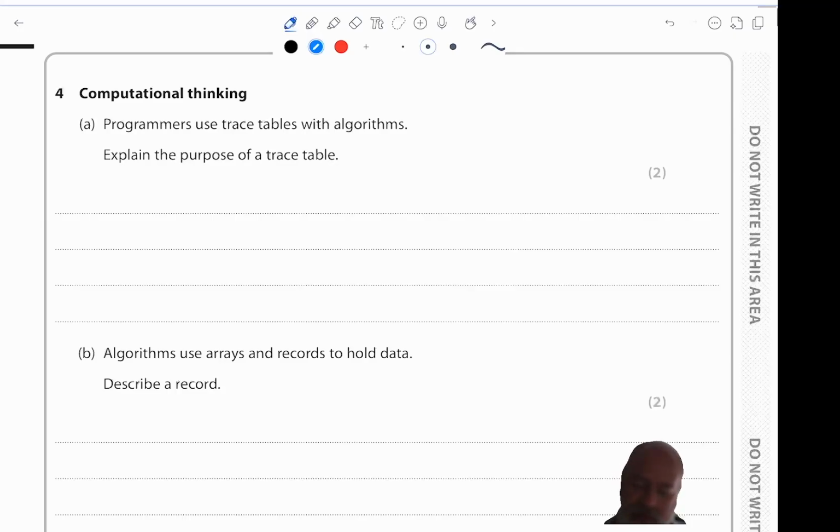Programmers use trace tables with algorithms. Explain the purpose of a trace table. Okay. So if you saw that 2022 paper that I did earlier, that was a really good example of using a trace table. It helps to,